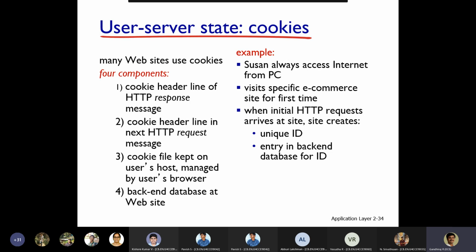So I need not check every time about who you are, from where you are calling. Every time we need not do that. So if we reduce that to RTT,